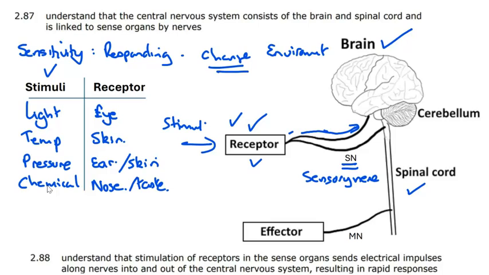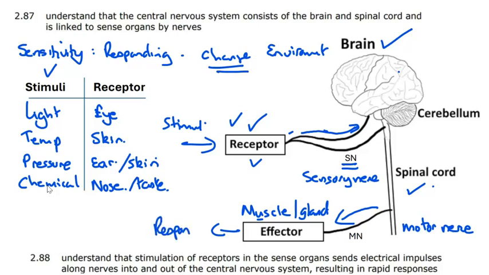The brain or the spine will then take a decision about what the response to that stimulus will be, and will then rapidly generate an impulse which will then travel along a motor nerve, and that will go out to what we call our effectors, and these take the forms of muscles and glands, and the movement created in the muscles or the secretion from the gland is our response to the change in